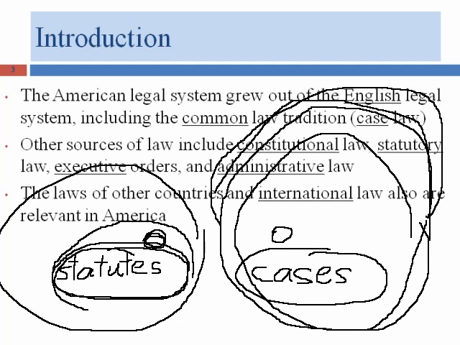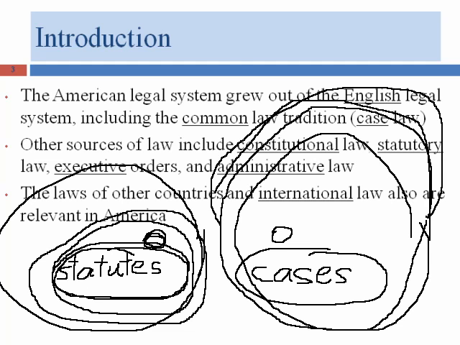There's more and more regulation. Obviously, 100 years ago, there were no rules about computer hacking, for example, and there would have been no need for automotive safety rules about car seats and things like that. But as the technology changes, as the culture changes, as values within the society change, we're going to find that those also cause there to be more legislation. So both of these categories are going to grow over time,